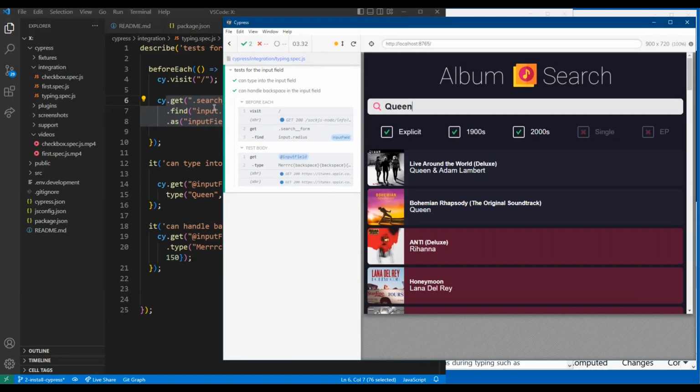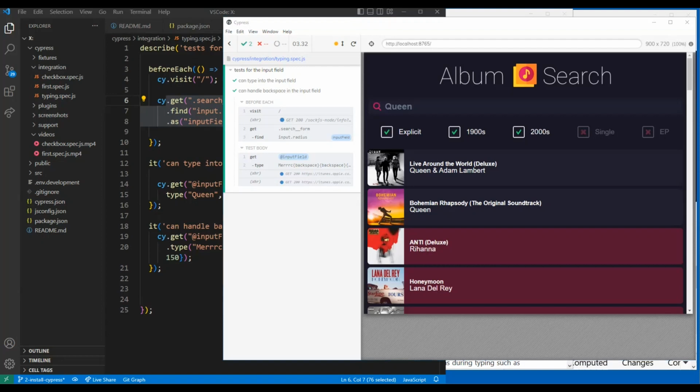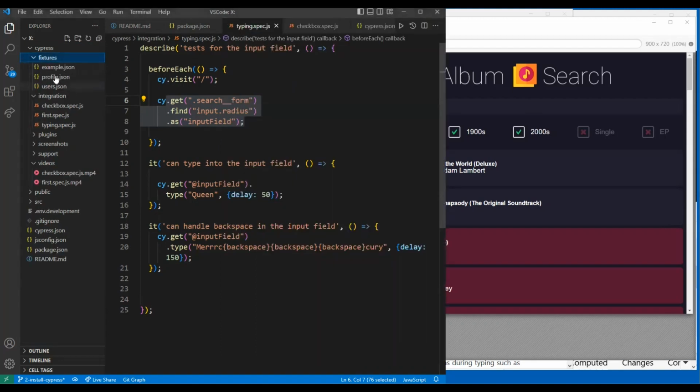Well, it's called mocks, isn't it? So much like with Jest, we can also do mocks in Cypress. And they look a little simpler than Jest. The first thing we have to do is get some mock data. And we put the mock data in our fixtures